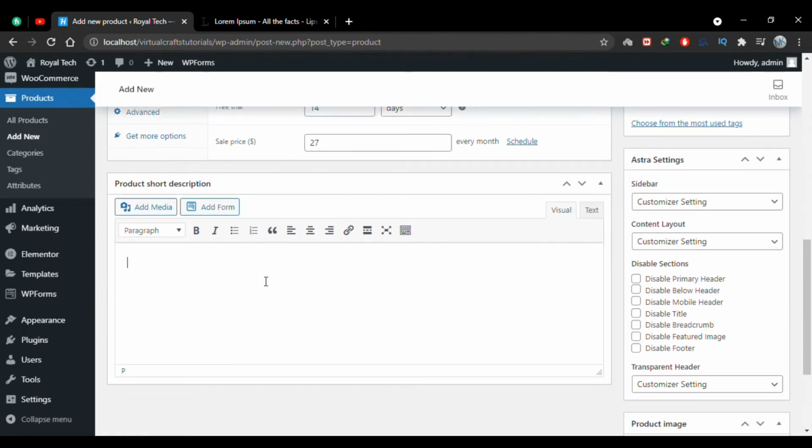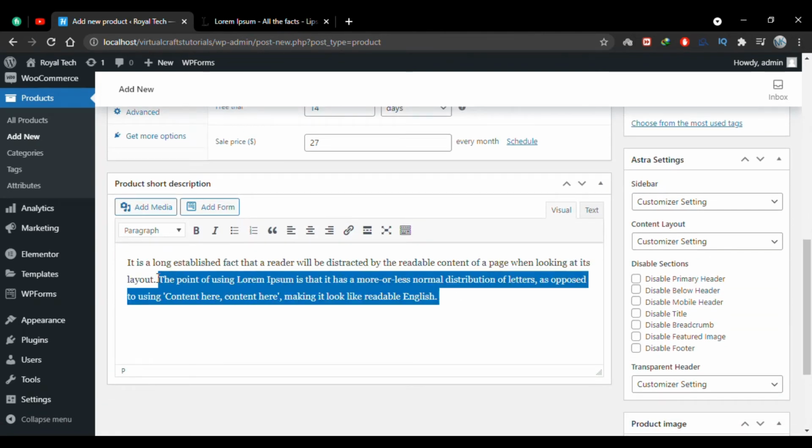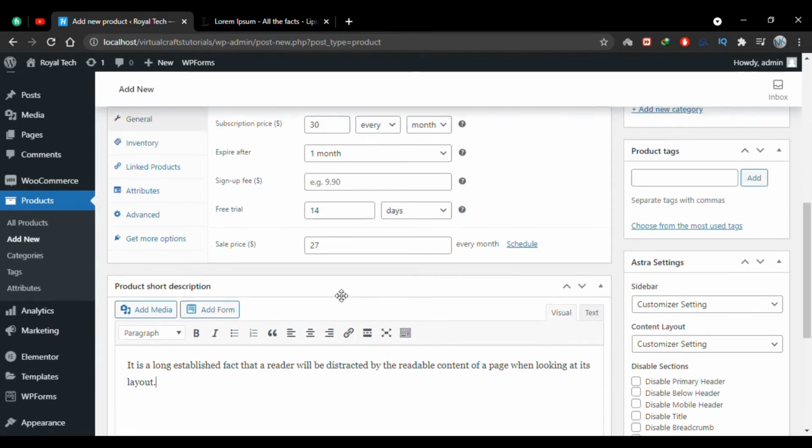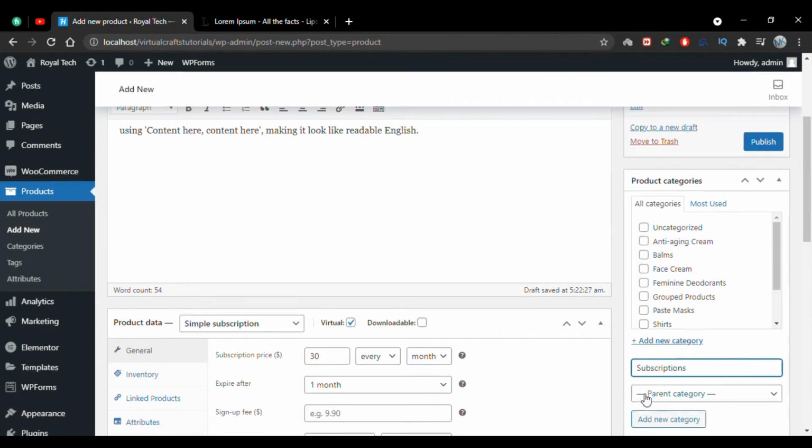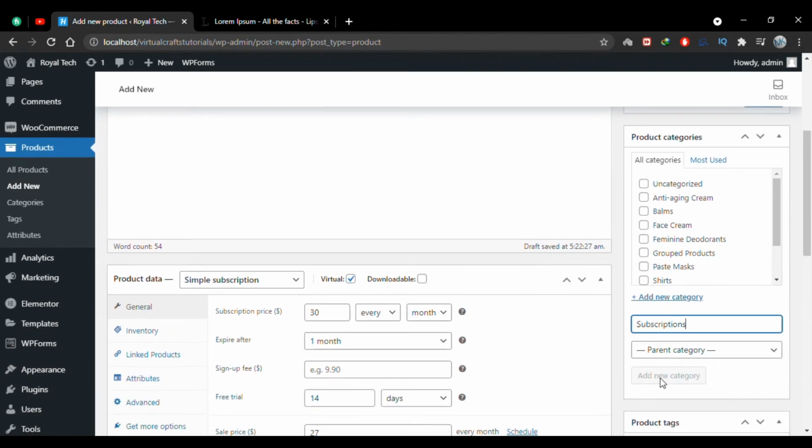I'll add the product short description here. Let me create a category for this product. Let's say subscription, and I'll add it. And now our product lies in this subscriptions category.